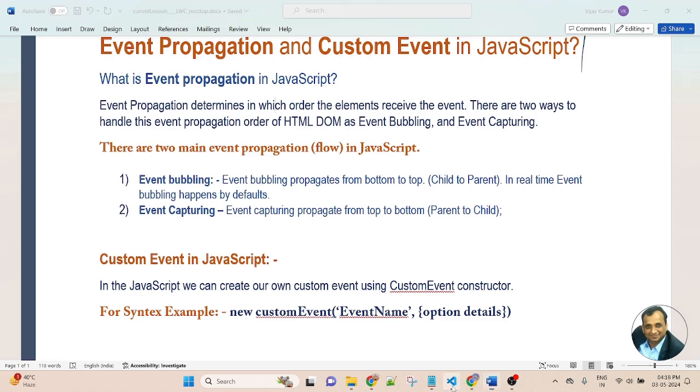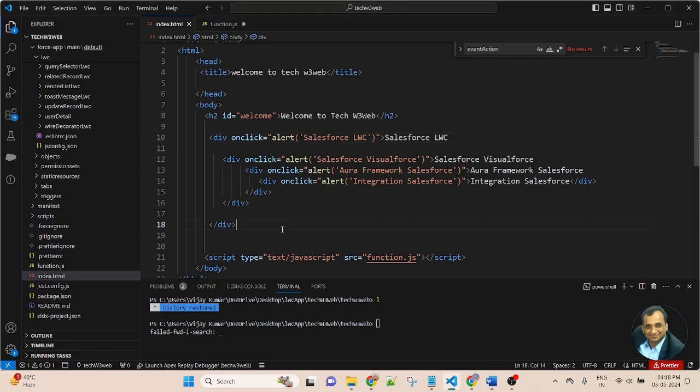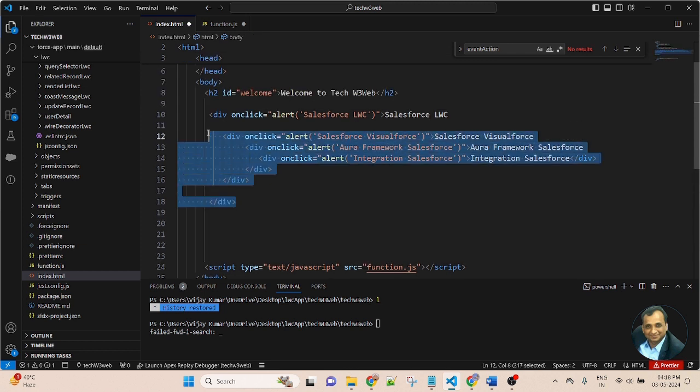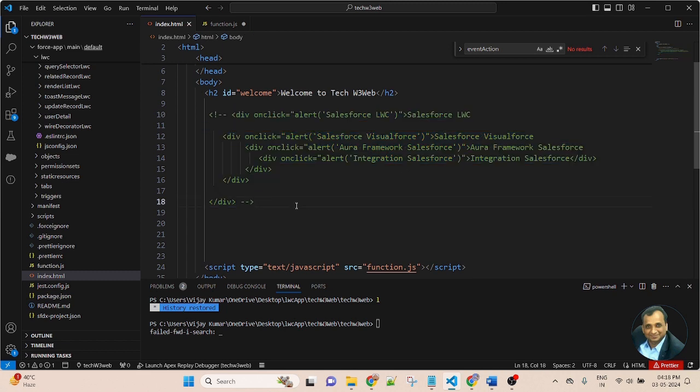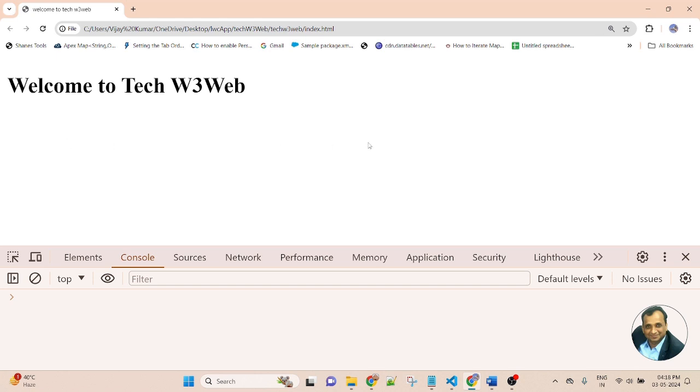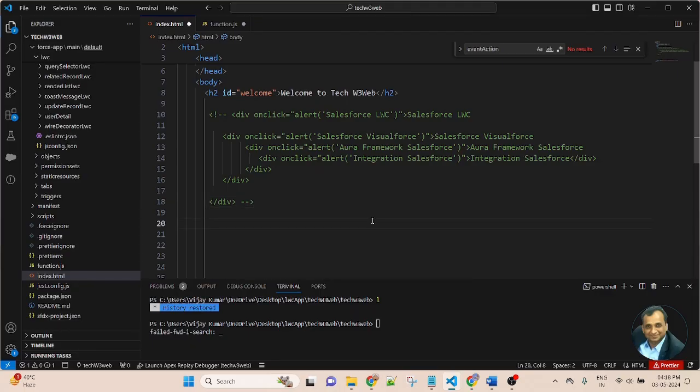So go to Visual Studio Code. First I will create a div. So let me comment this section, save and refresh. Now let me learn about the custom event. So first I will create a button, so that whenever we click on the button, we will pass the data using the custom event.